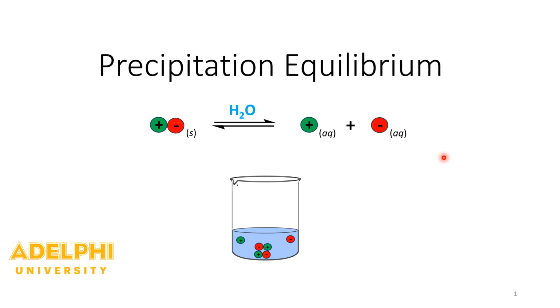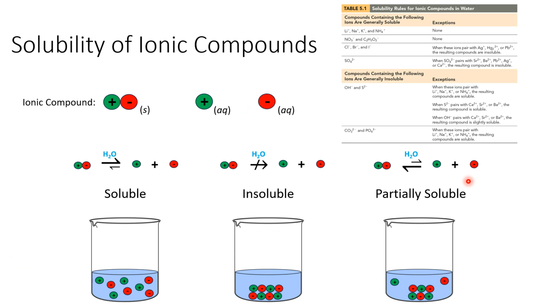But yeah, we're going to wrap up pretty much all of Chapter 18, right? This is Objective 14. Let's talk about precipitation equilibrium and what that even means. So this is talking about the solubility of ionic compounds. Okay, so we're going to talk about solubility of ionic compounds, and this is a little bit of a flashback for you guys